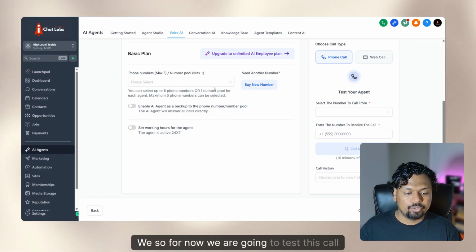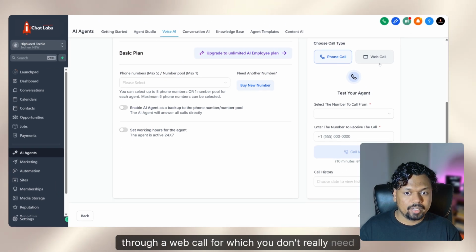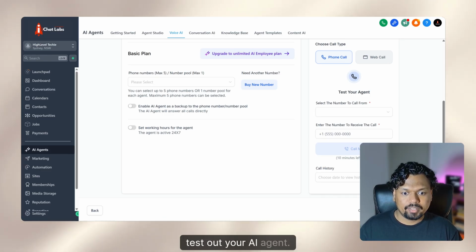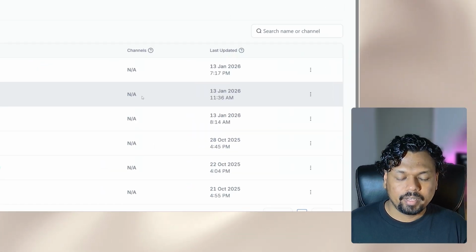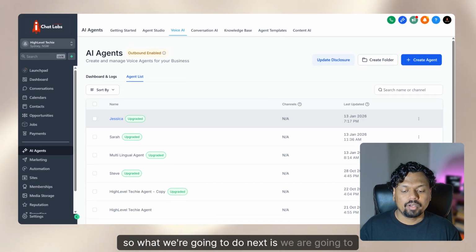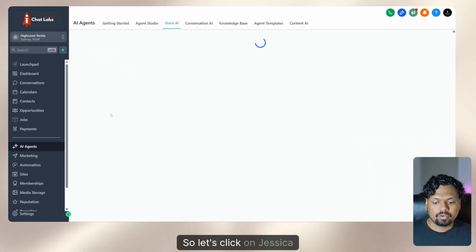For now, we are going to test this call through a web call, for which you don't really need a phone number. You can call from your website itself, and you can test out your AI agent. So we are ready to build our agent. I'm going to click save, and our agent Jessica is ready. What we're going to do next is give Jessica a call. So let's do that. Let's click on Jessica,